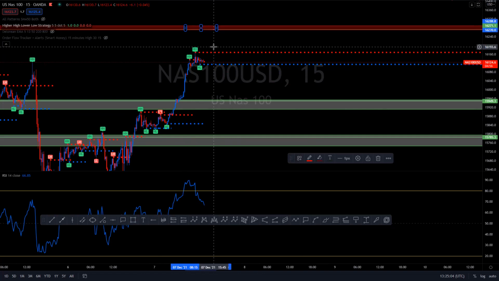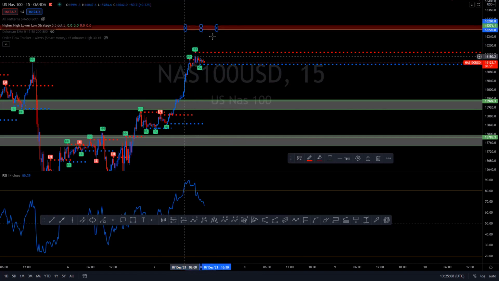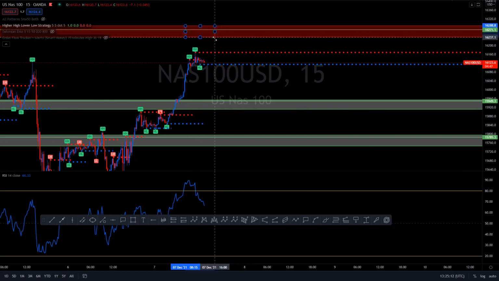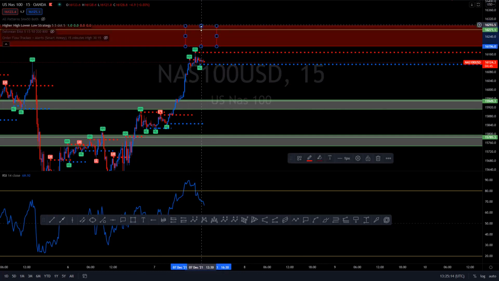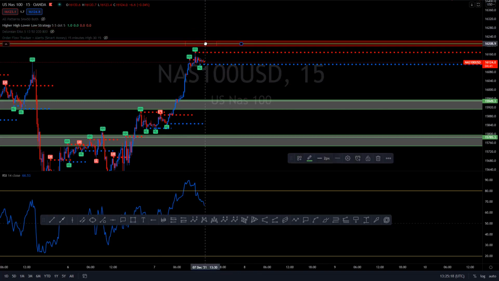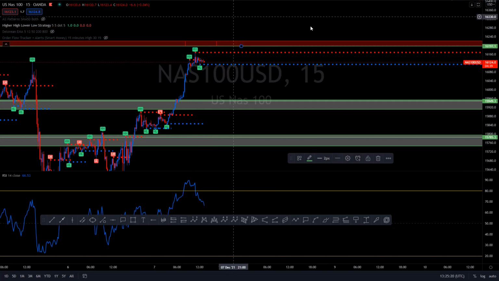Okay. And this is just going to represent our supply zone to where price was overbought. Maybe even just bring it down to here. Bring it down to here. So now